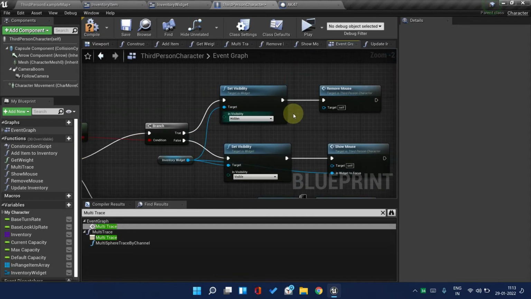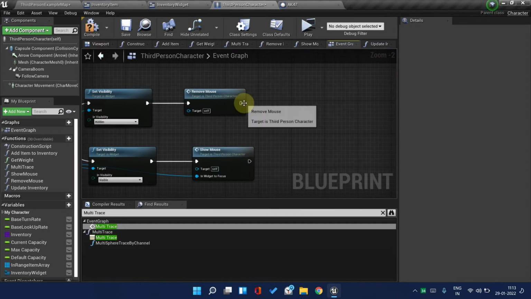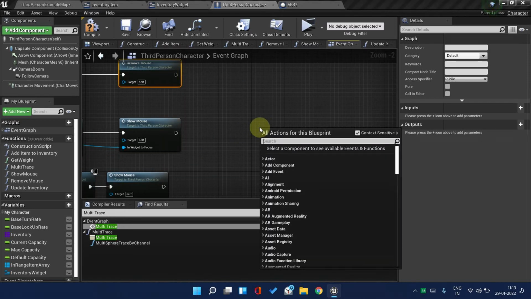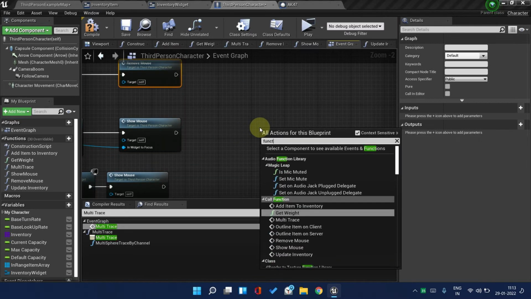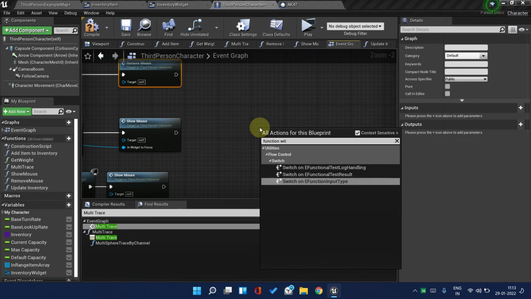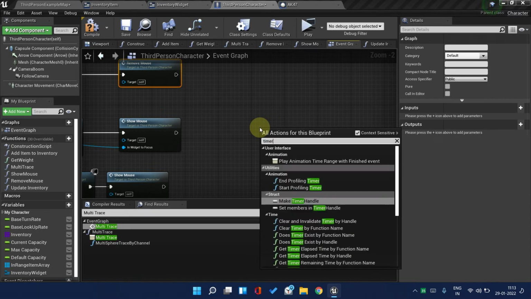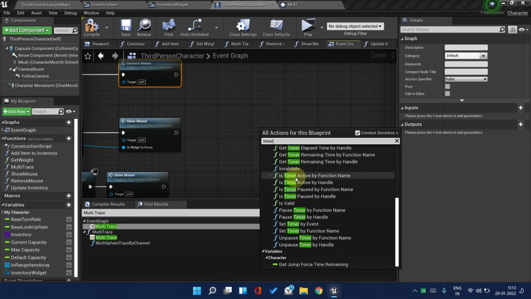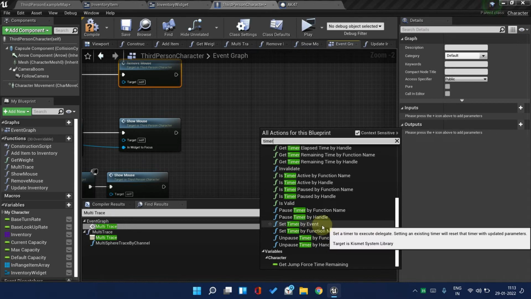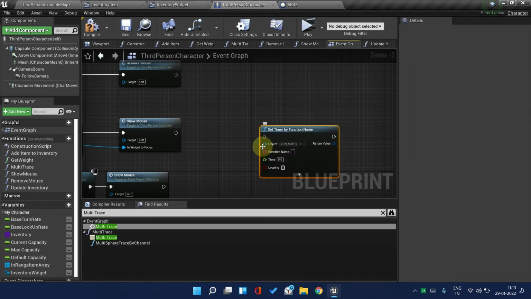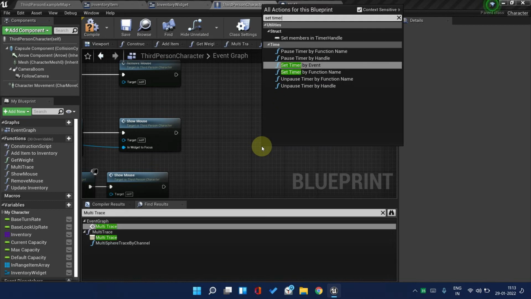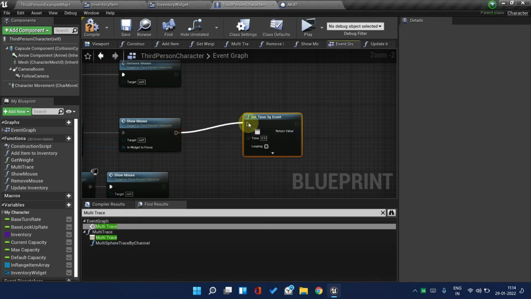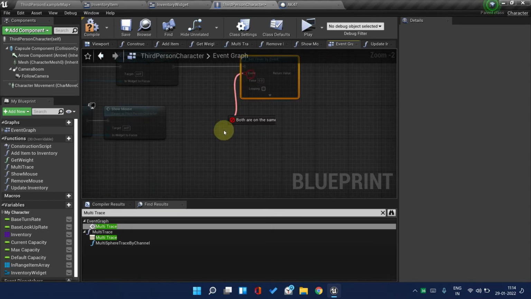Now if tab is pressed and the inventory is closed, then we will close the timer, or else we will keep it on. So just make a function with, search for timer, set timer by event. This one. Now the event should be